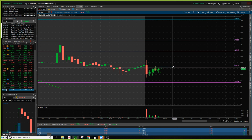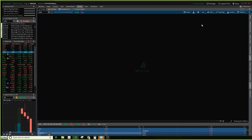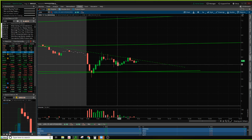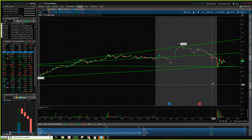NUA still hovering around 1130-ish. UXIN, is it getting above? No, not yet. See, UXIN, once this gets above, I like how it's tested it 1, 2, 3, 4 times. So watch for volume to come in. There's still a lot of sellers holding this down